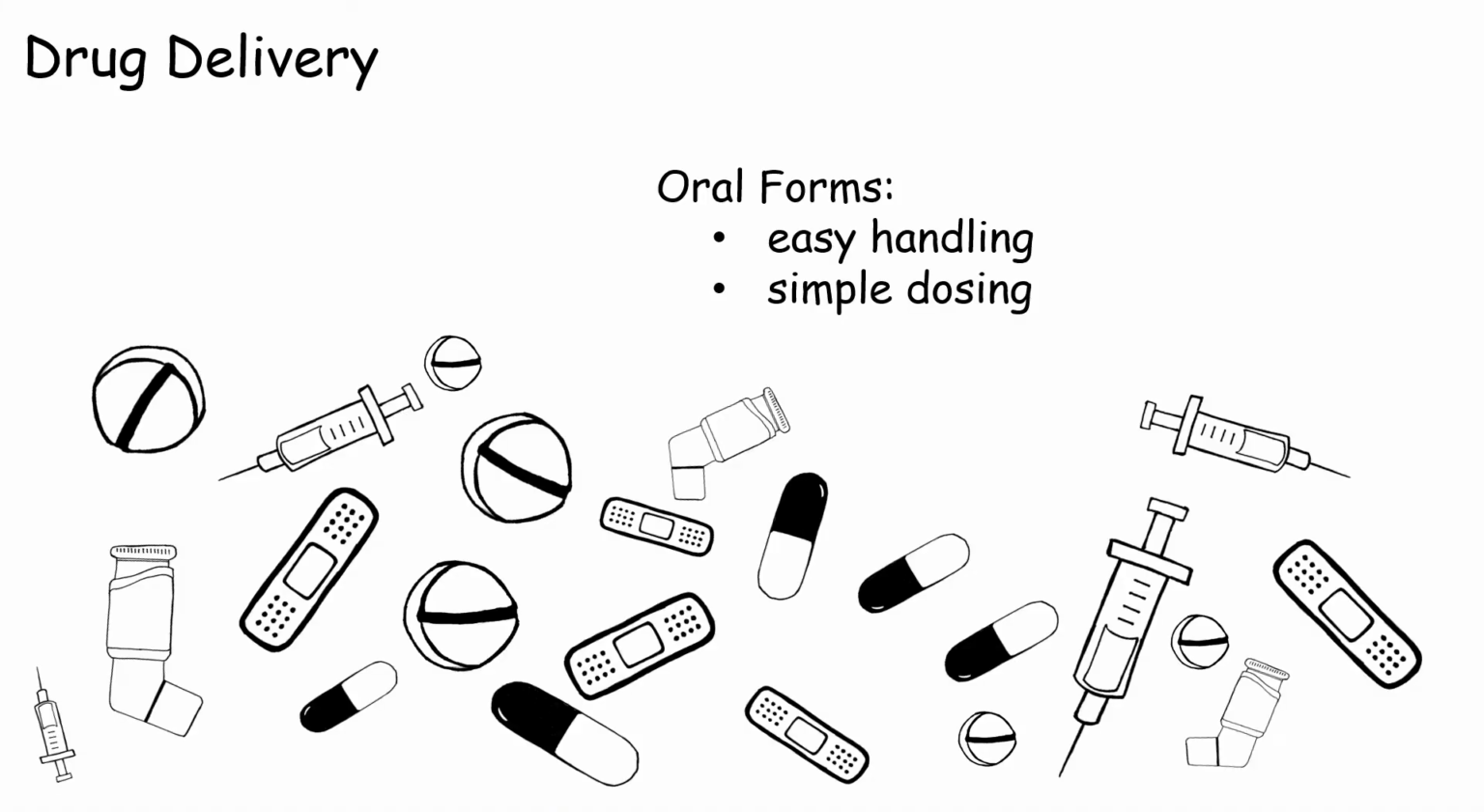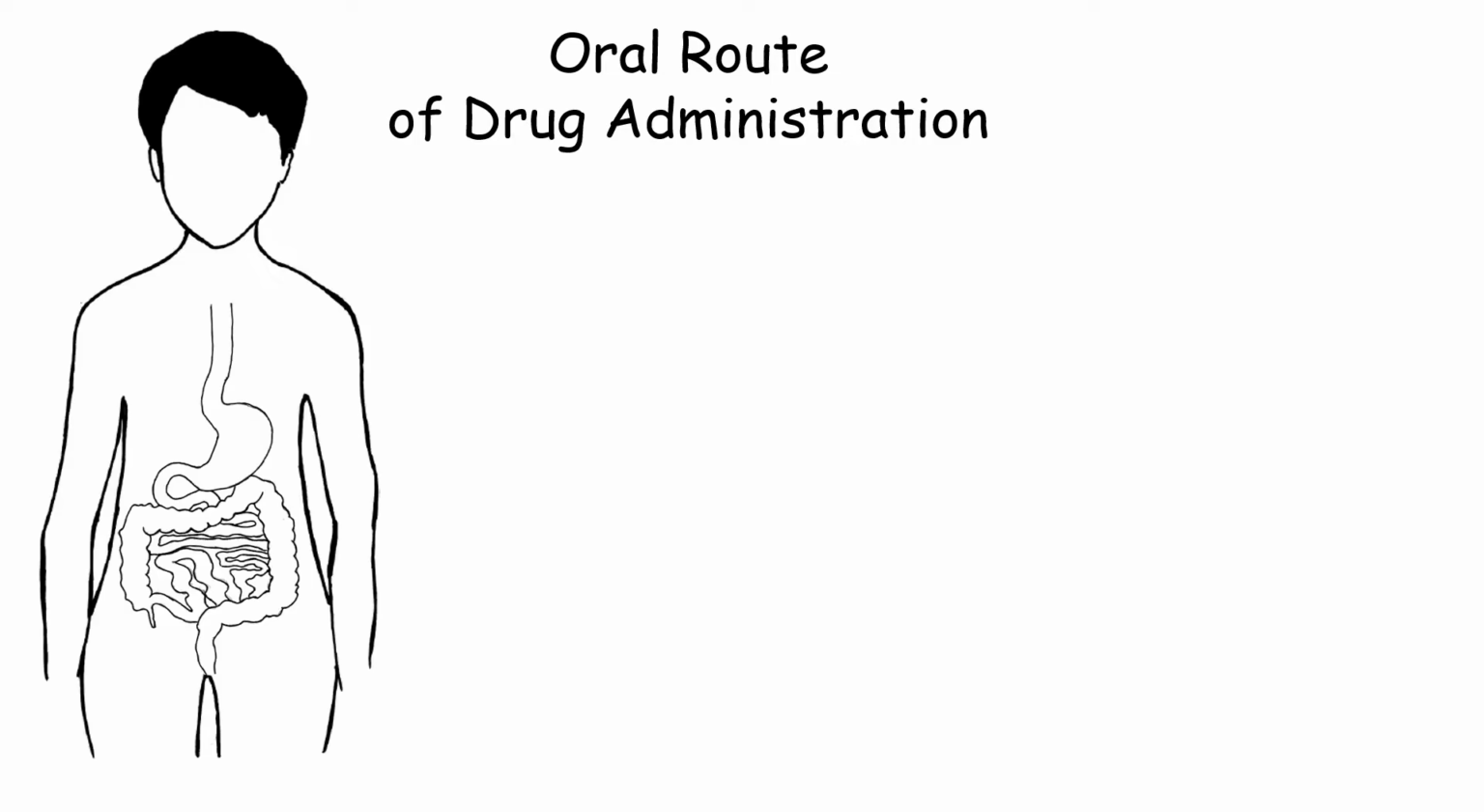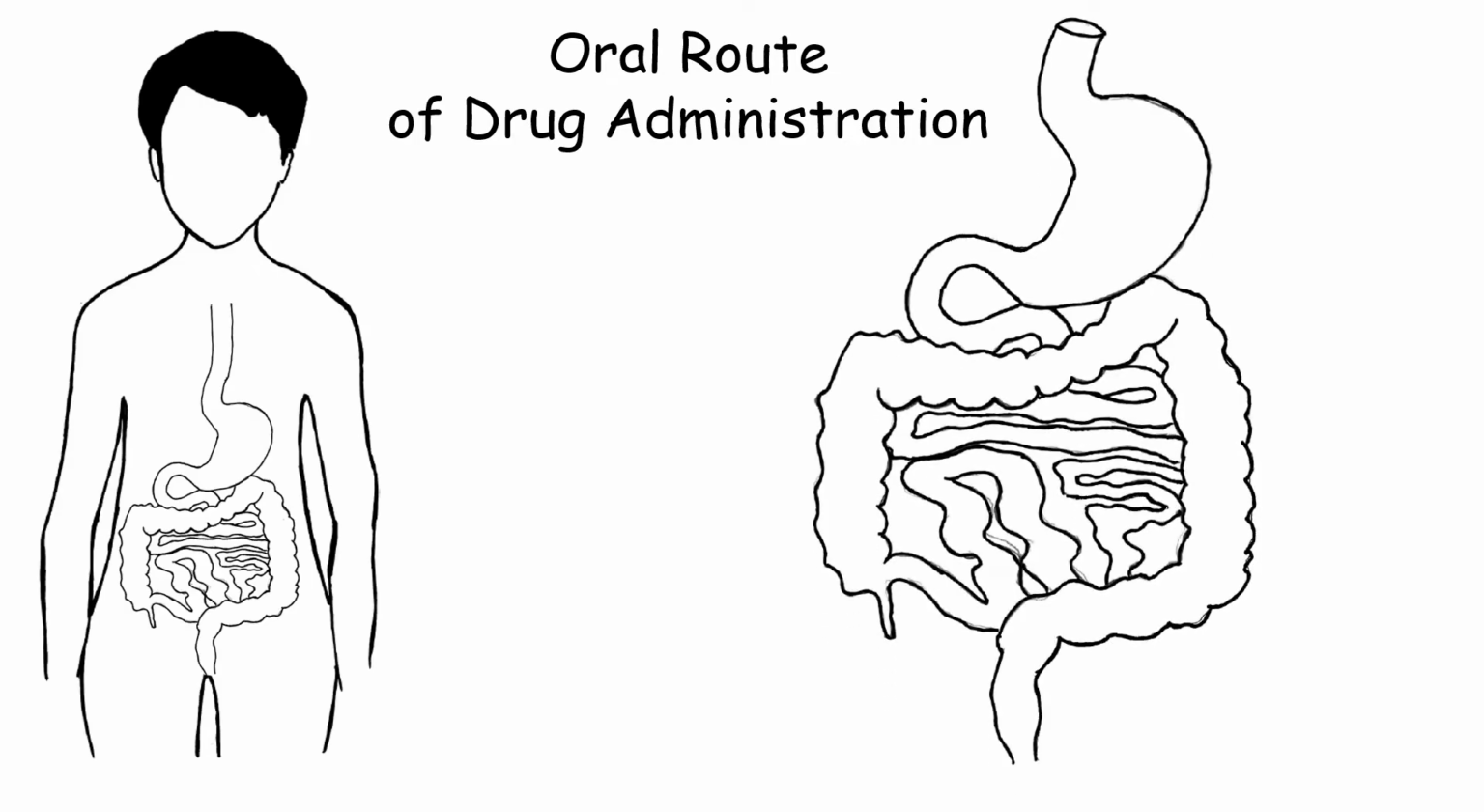There are many ways of drug delivery, but the most common route is the oral administration. It is easy to use and allows you to dose accurately. But have you ever wondered what happens to a tablet after you swallowed it? When a drug is taken orally, it is swallowed, goes down the esophagus, and then the dosage formulation reaches the